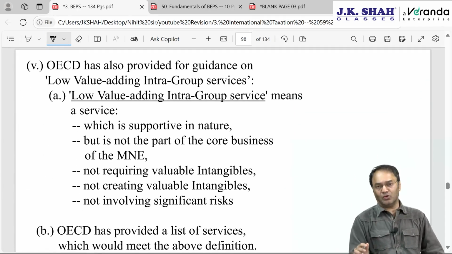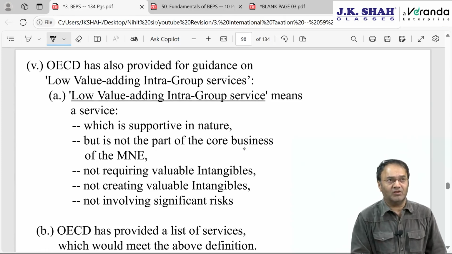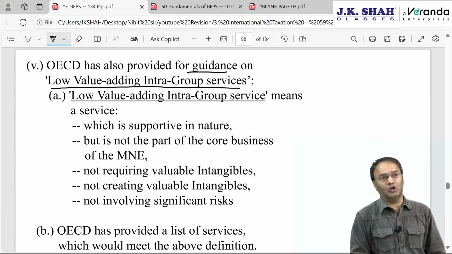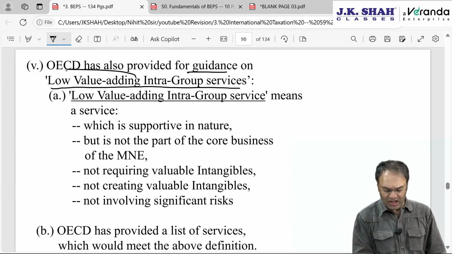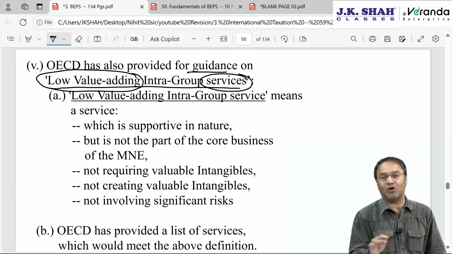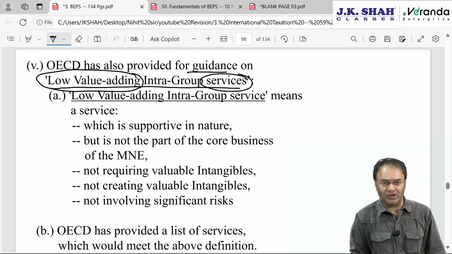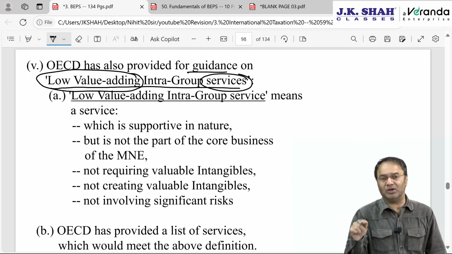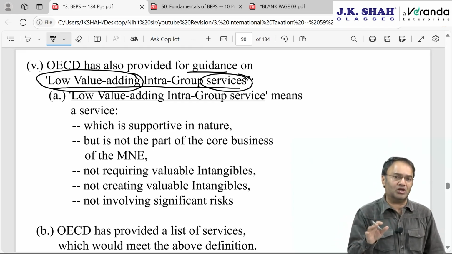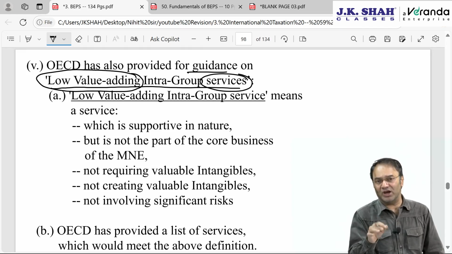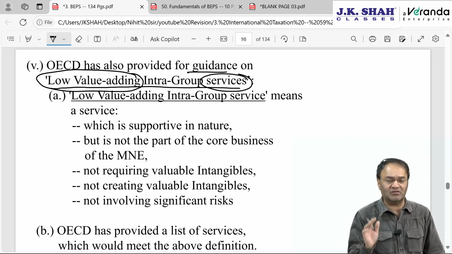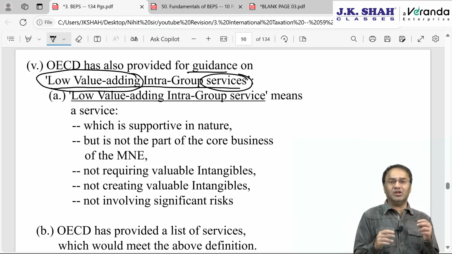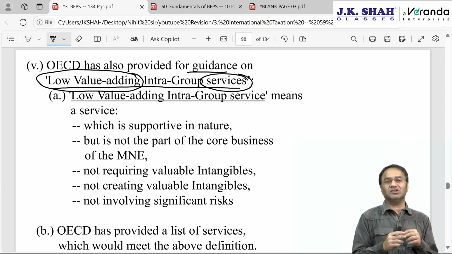Okay. Now thereafter OECD has also provided some guidance on low value adding intra-group services. What is this? Low value adding services are generally back office services which do not create any value addition. For example, out of A Limited, B Limited, C Limited, D Limited, E Limited, so many associated enterprises, one of them is providing a low value adding service, like a billing service, which does not create any value addition to the asset, or one of them is doing packaging work, or one of them is doing quality checking work, quality